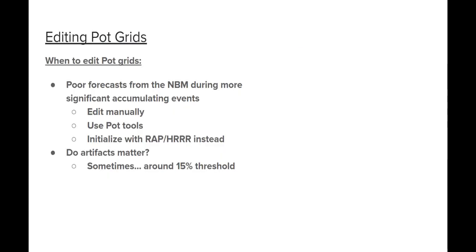The million-dollar question is, when does one edit POT grids? When the forecasts from the NBM are poor, i.e. they're not matching current observations or trends, or it doesn't match the forecast that you need to communicate. Now, there are some tools that can do some common editing of POT grids. Likewise, this winter, you can use the WRAP and HRRR POT grids if the NBM is not handling rapidly changing